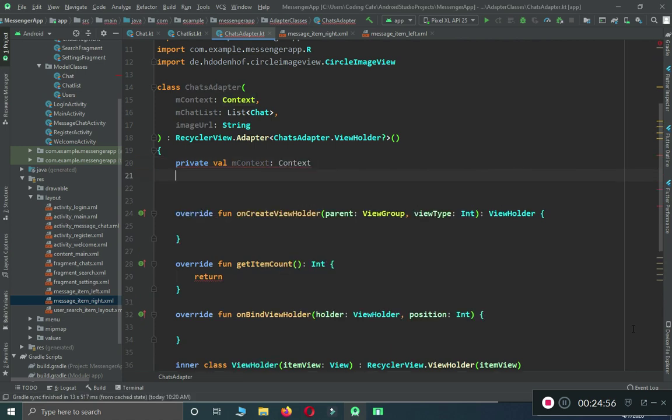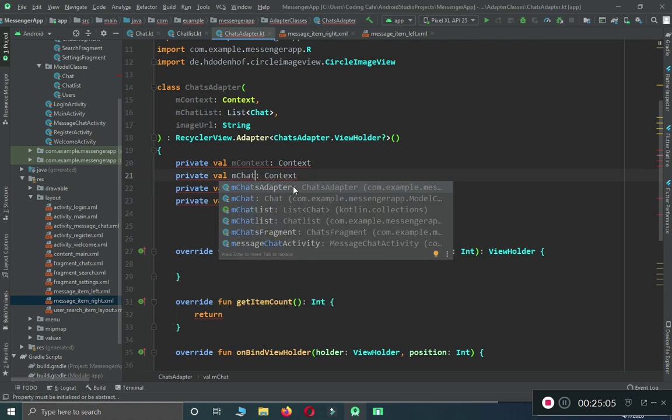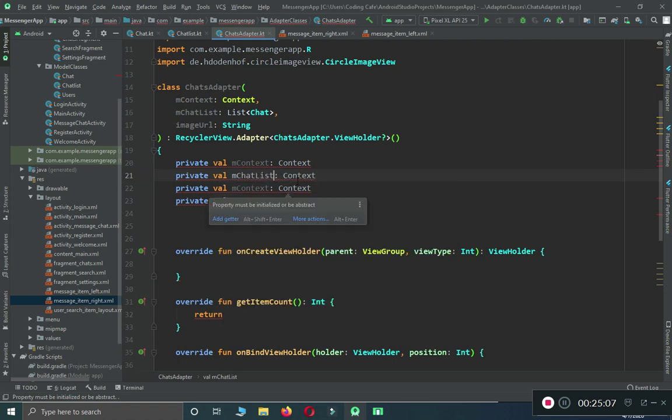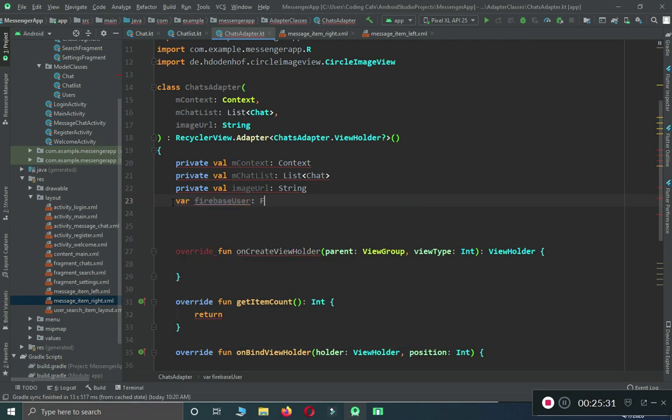Then we have mChatList, which is of type List of Chat, and then we have private val imageUrl, and let's initialize a Firebase user here. Variable firebaseUser, which will be of type FirebaseUser. Initialize it with null,